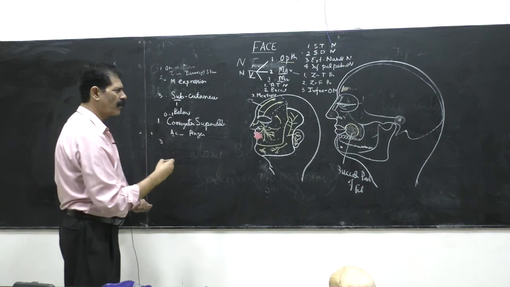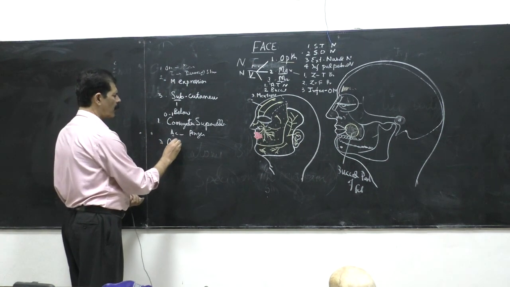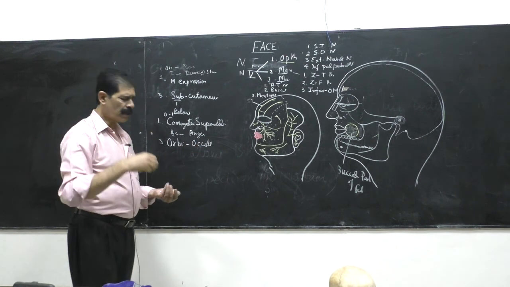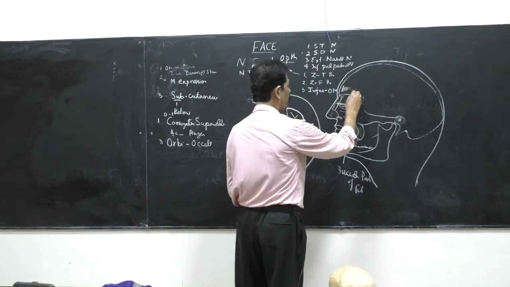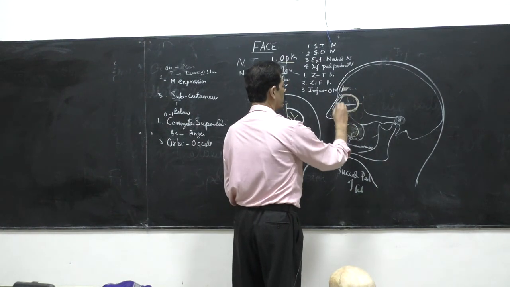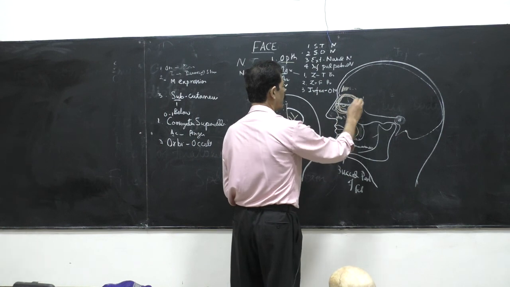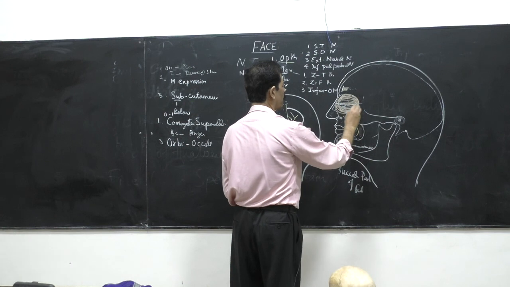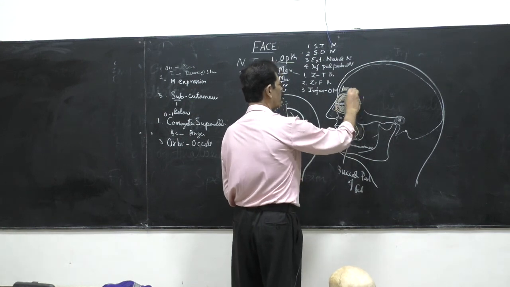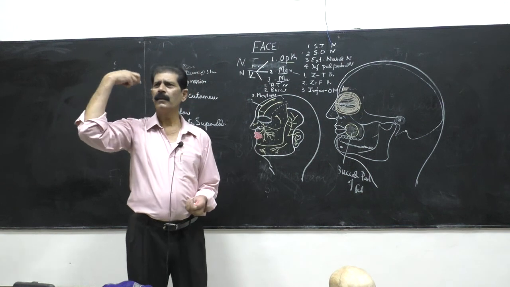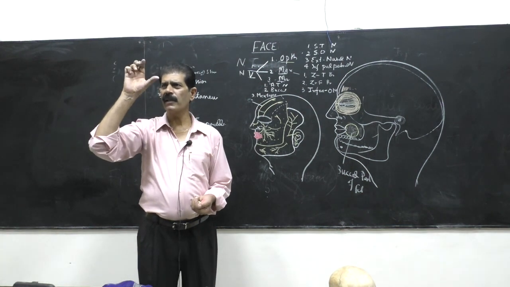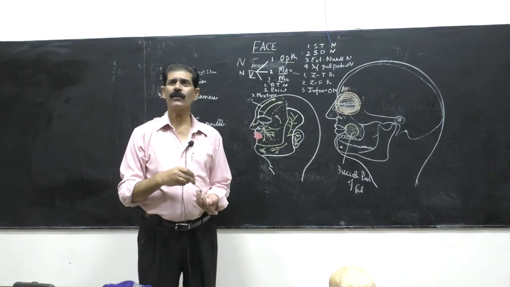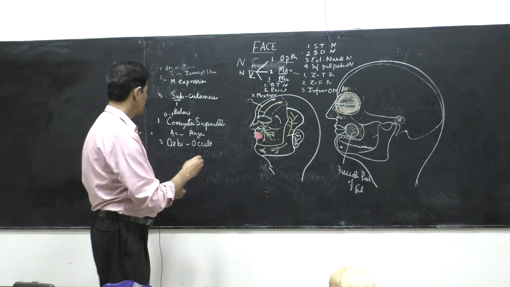The next muscle around the eye is the orbicularis oculi. So there is a circular muscle around the eye, taking origin from the bone of the eye. And where is it inserted? On the skin around the upper eyelid and lower eyelid. Palpebral part, superior and inferior. So it is a circular muscle, orbicularis oculi. And what is the action of the circular muscle when it contracts? It brings the closure of the eye. So the action is closure of the eyelids.